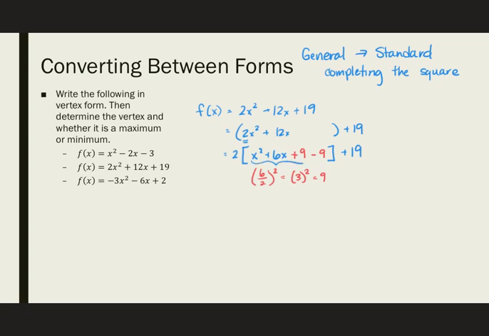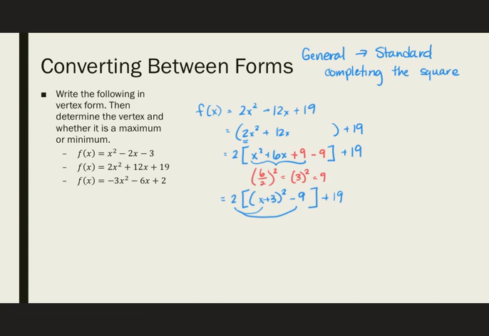And these first 3 terms are going to factor into x plus 3 squared. And then I've got this minus 9. And outside of that, I have a plus 19. Okay, it is very common here to add 9 and 19. Again, you cannot follow your order of operations first. This 2 has to get distributed to both of those terms because it's multiplication, and multiplication has to come before